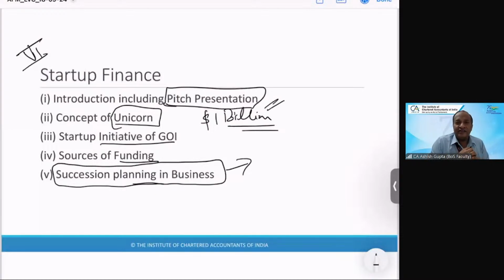There is even a new challenge in succession planning: sometimes the next generation may say, I don't want to take the business. Now here the challenge comes for the business. Who will take care of this business? Who will succeed or who will lead this business? So all that has been covered here, because this topic is novel and theoretical.